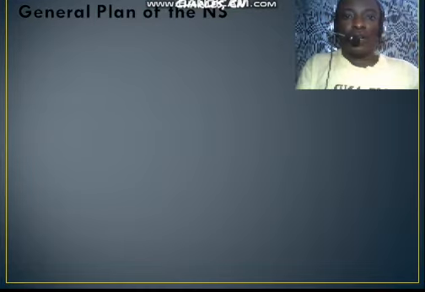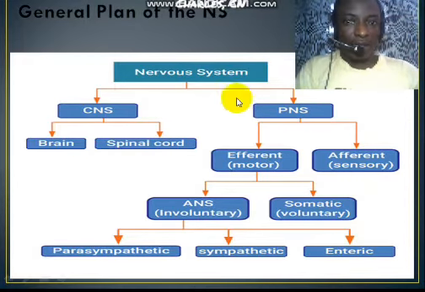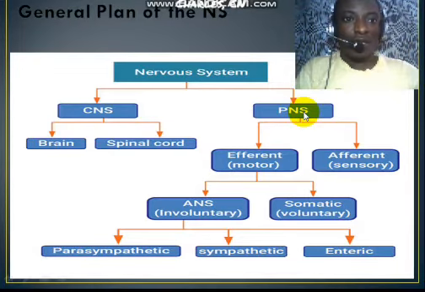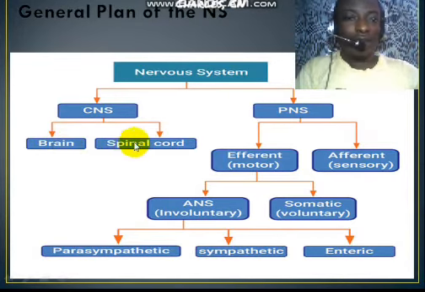General plan of the nervous system: the nervous system is divided into two basic parts, the CNS and the PNS. CNS means central nervous system, while PNS means peripheral nervous system. Please make sure you are writing. The CNS is divided into two parts, the brain and the spinal cord,